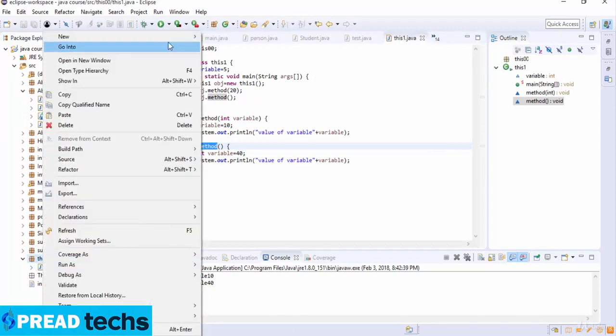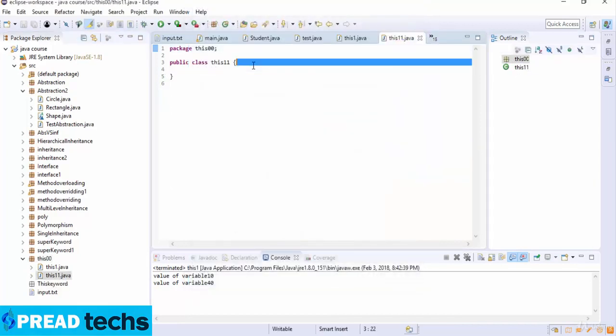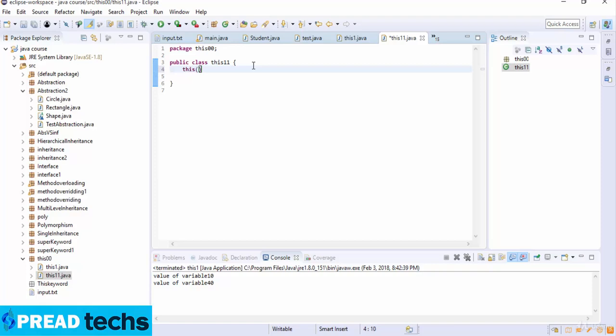Here I just create a new class, and the class name here I just write this one, and then here I just use this keyword and then write this one and close this code here, and then I just write system dot out dot println, and the println here is inside constructor without parameters. Okay, and then